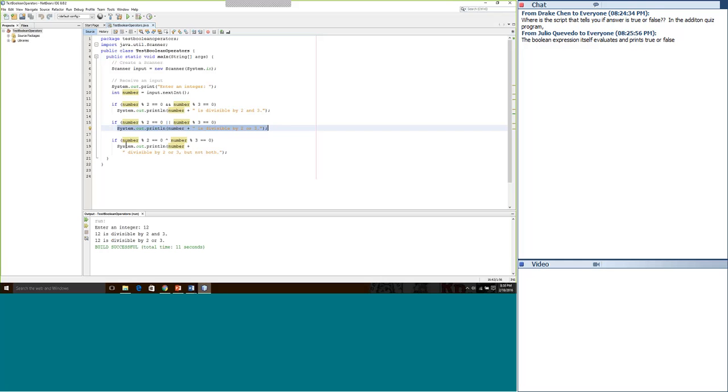The last one here, if number, which is 12, modulus 2 is equivalent to 0, that's true, correct? I'm exclusive ORing that now with the second half of this expression inside the parentheses, is number modulus 3 equivalent to 0. That is true as well. So I've got a true on the left-hand side, exclusive ORed with a true on the right-hand side.